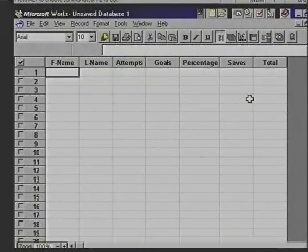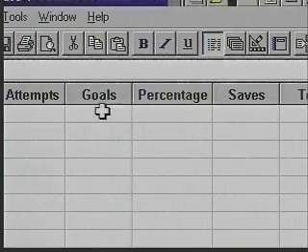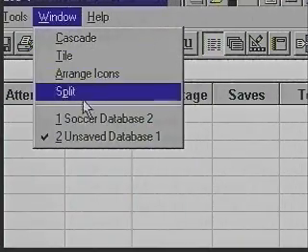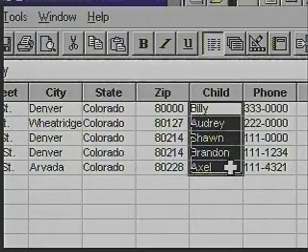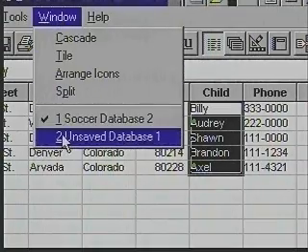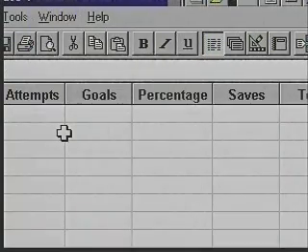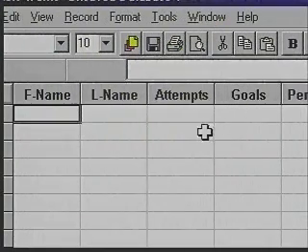Suzanne, pull down the Windows menu and select the Soccer Database 2 file. Block the names that appear under the Child field heading. With the names highlighted, click on the Copy icon. We want to copy these names to our new database, so pull down the Windows menu and click on the file labeled Unsaved Database Number 1. With the statistics database on screen, make sure the first cell under the first name field is selected. Now click on the Paste icon or press your Ctrl and V keys together to paste the children's first names